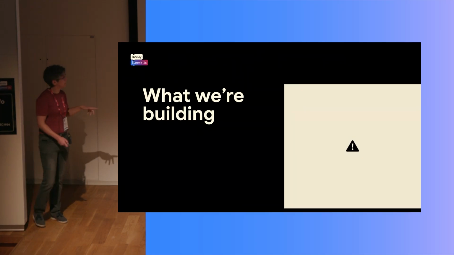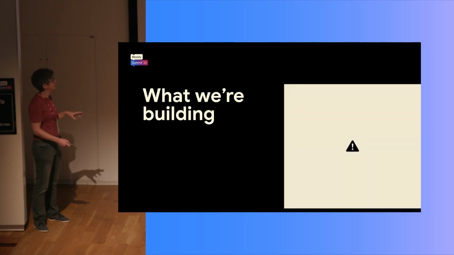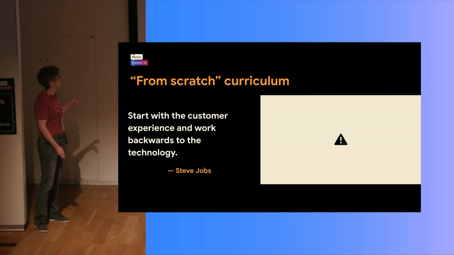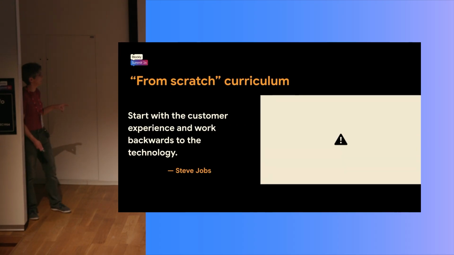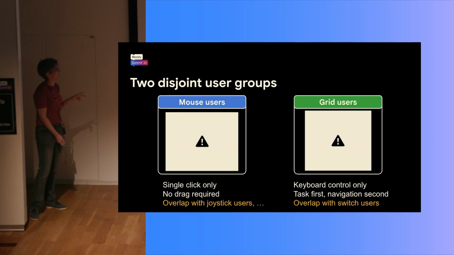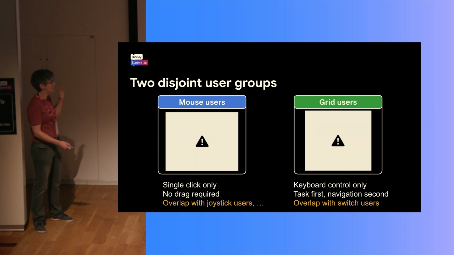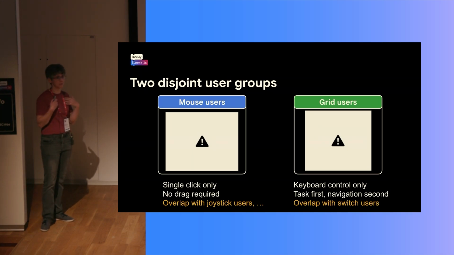So I went back to basics and pivoted on what I said I'd be doing for my Blockly funded project, and started building what I would do if I started from scratch. So using Steve Jobs' approach of start with the customer experience and work backwards to the technology. It'll be fine. So I have identified two very disjoint user groups that encapsulate my eye gaze users, but also,